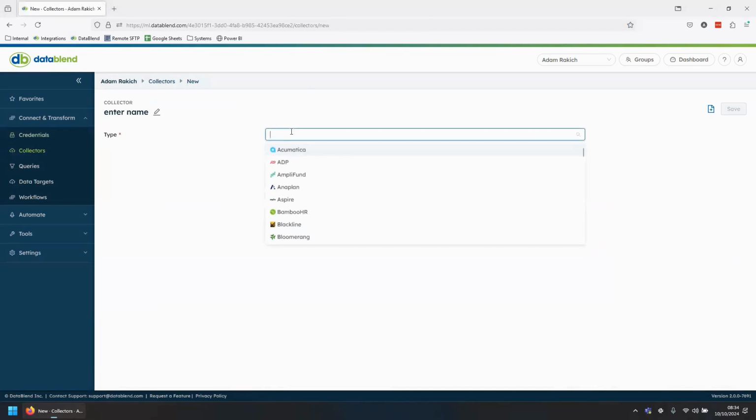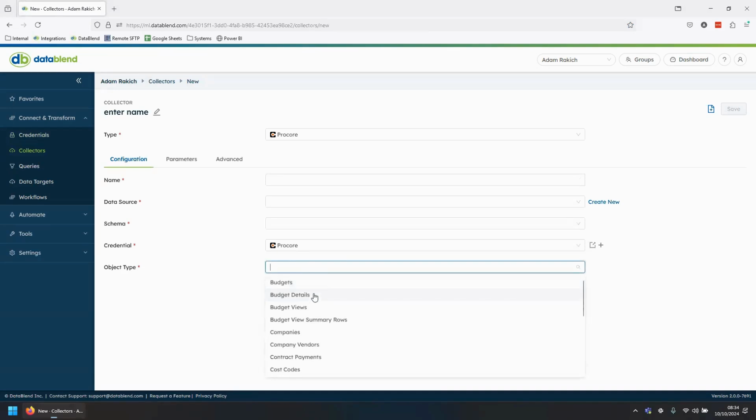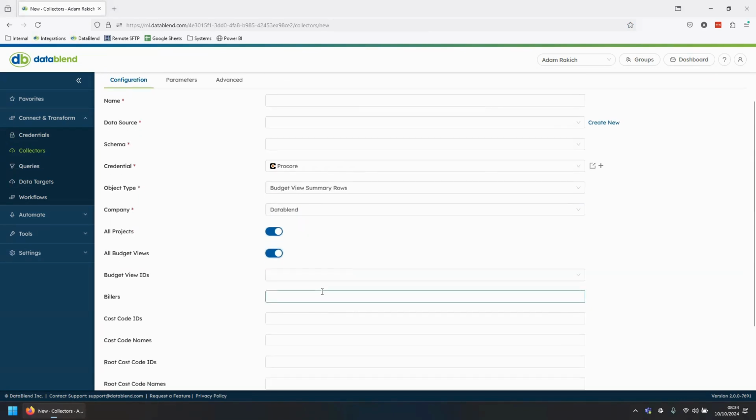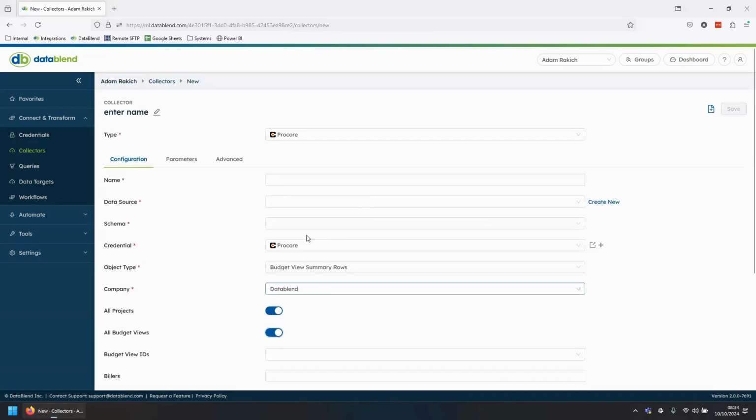And I'm going to add a collector for Procore, then choose that Procore credential that I've already set up. Then we choose our object type, and as you'd expect, we can retrieve invoices, contracts, budgets, and more. In my case, it's not a lot of demo data, so we're going to look at budget data. DataBlend company, and we'll get all projects and all budget views. Now, the options you see here vary per data type, but there's always a host of filters to get exactly what we want. But we'll leave that there